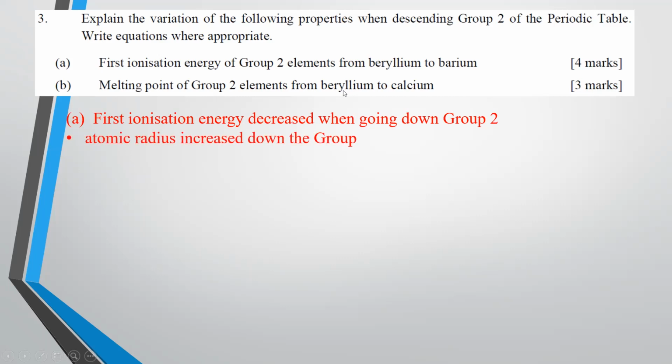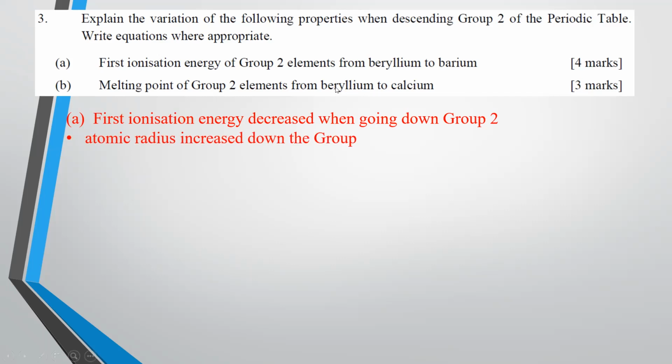So then you might want to define what is first ionization energy, and then you might want to write the equation. Like I said, don't care where the marks are located. You just try your best to write everything to the fullest in here. Also define what is ionization energy: the energy absorbed to ionize 1 mole of the gaseous atom to form a unipositively charged ion under standard conditions, and then you write your chemical equations in there.